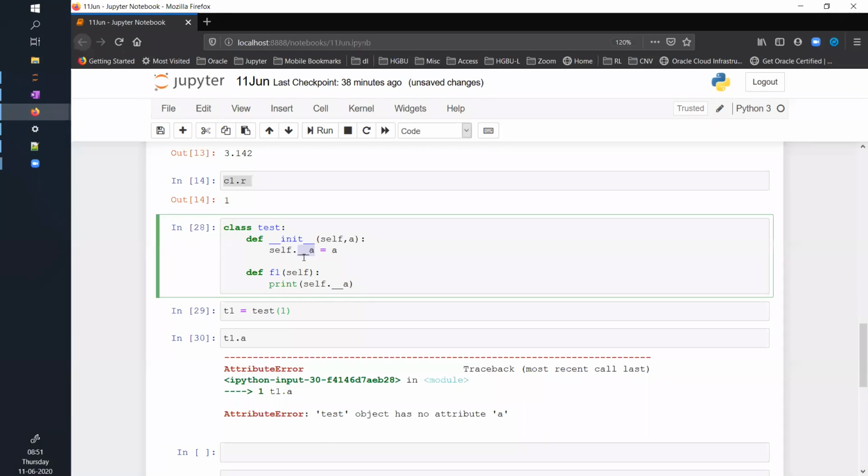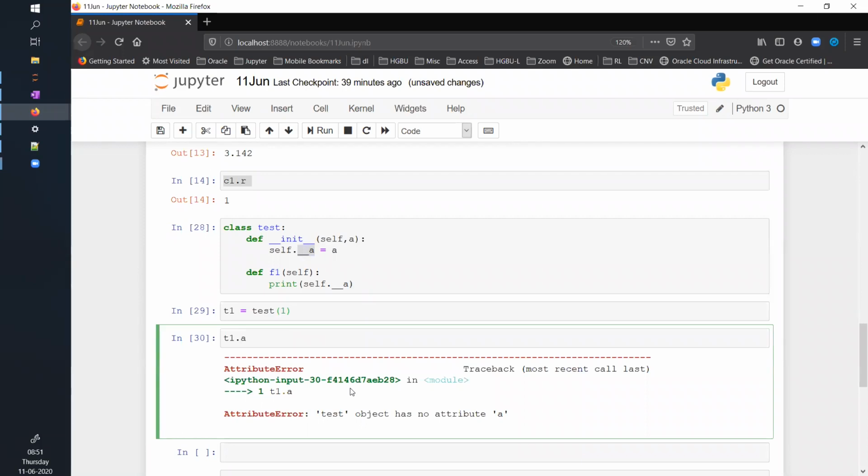When you add this double underscore, the outside world is not knowing about these variables. These variables are masked from the outside world. Now I'm not able to access these variables. Even if I add double underscore here, still I won't be able to access it because it is private. That is how this double underscore works in Python. It makes this variable private. Is it clear now? Yes, sir.